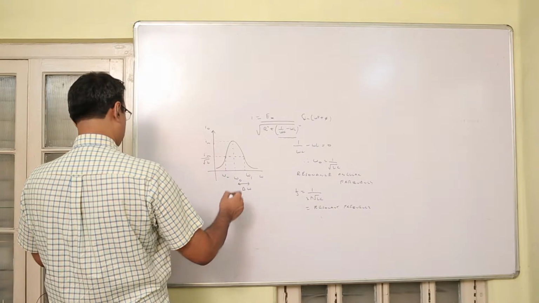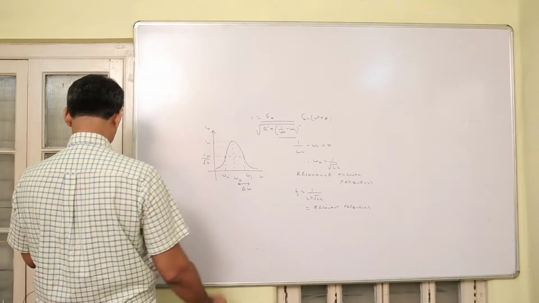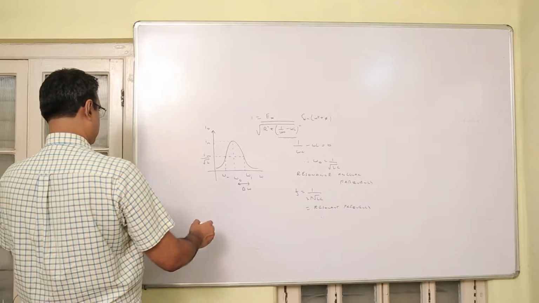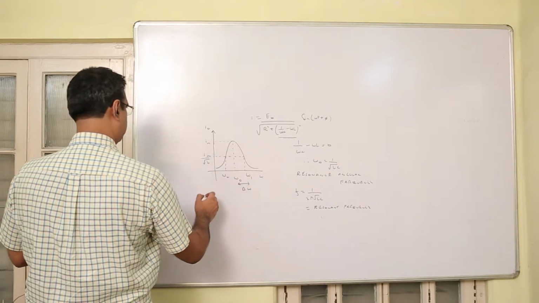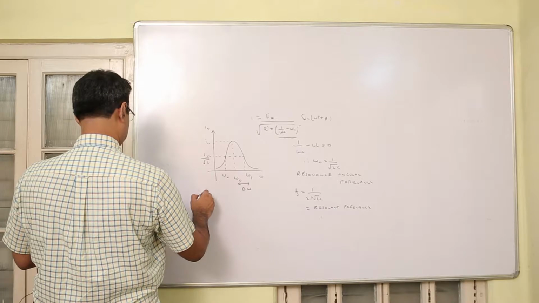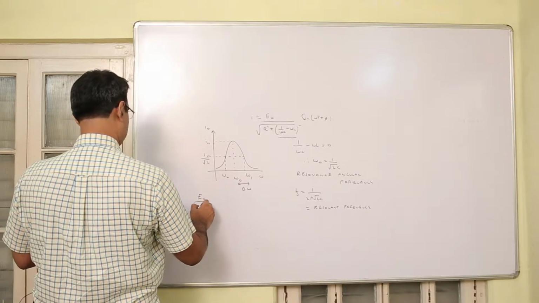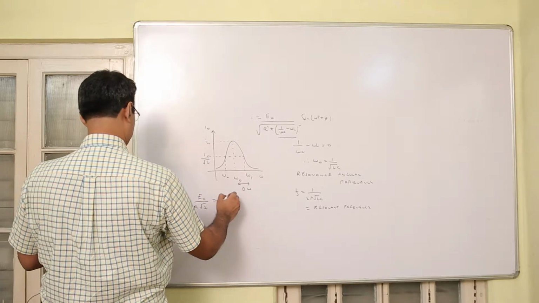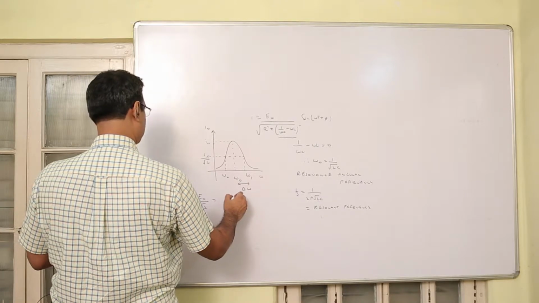Now in this particular circuit, if we use the relation E0 by R root 2